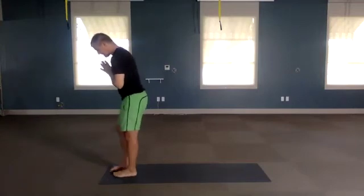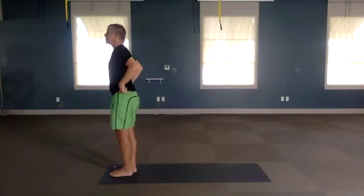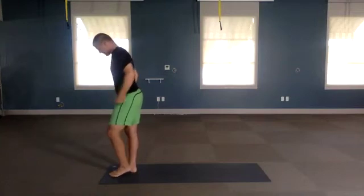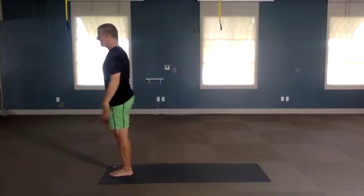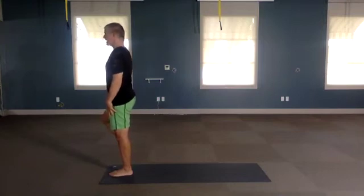Let's take a balance now. Standing on our left leg, tree pose. We'll take the sole of the right foot and place it on the inside of your left leg. So if you're challenged with your balance, taking the foot a little bit lower down the leg will make things